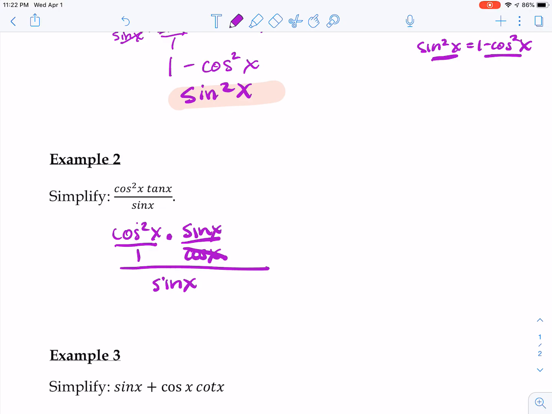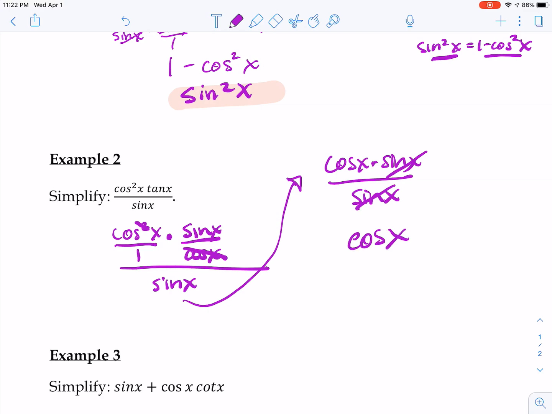So this cosine and one of these, because that's 2 of them being multiplied, cancels. So then we get cosine x times sine x over sine x. And now these cancel because 1's on top. Everything's being multiplied. So you can only cancel when things are being multiplied, and voila, it simplifies to cosine x. Okay,